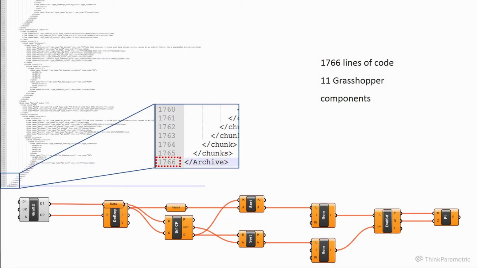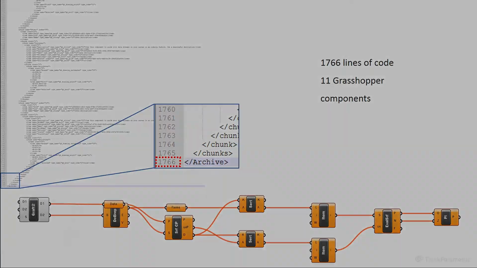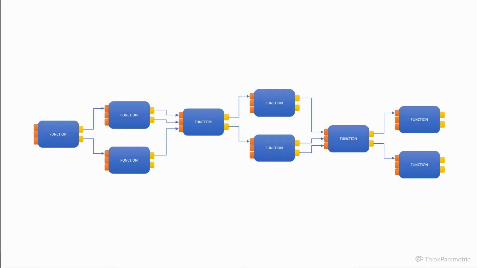The way Grasshopper does this is by compartmentalizing each function in a node and have the user only deal with the inputs and the outputs. For instance, 1700 lines of XML code are represented by only a handful of components. Each component has a clear task, and all the user cares about is the result of that task. Produced outputs can again be used as inputs for the next tasks.